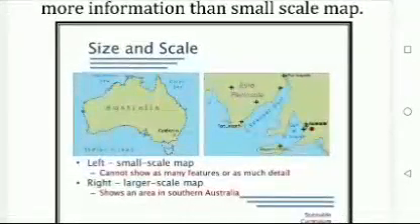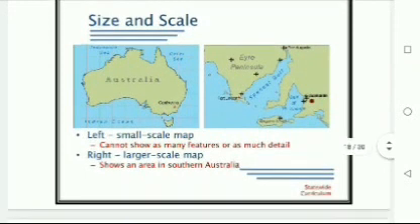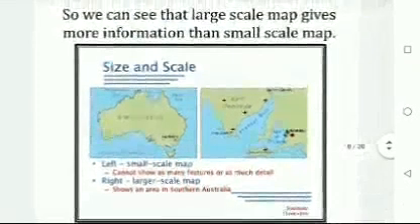So the left one, you can see, is a small scale map. You can just see the continents and it cannot show many features or details. But the map on the right is a large scale map, and it shows the southern area of Australia with a lot of details, with the number of airports, ports or places seen more than on the map on the left hand side. Hope now the scales are